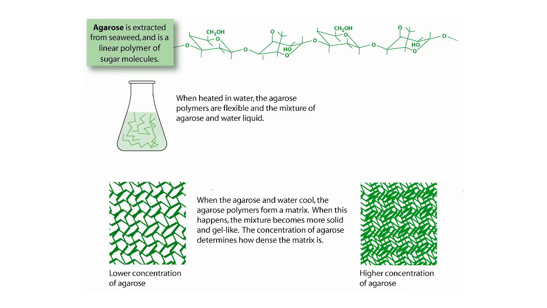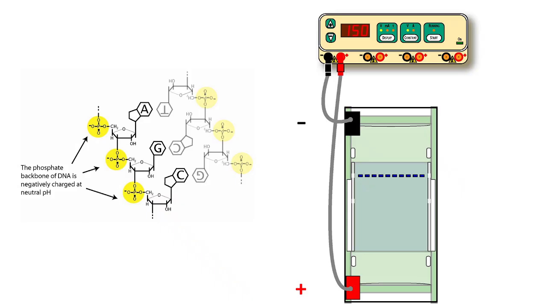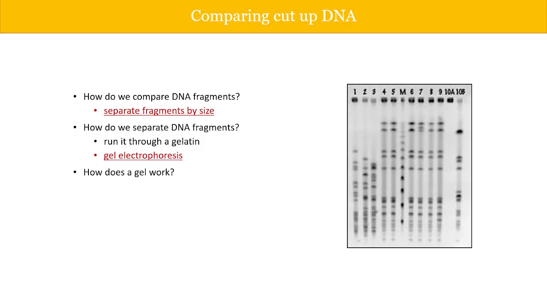Okay, and if you're using a lower concentration of the agarose, then that will lead to the separation of usually higher base pairs. This is how the agarose gel apparatus usually looks. You load the samples in these wells and allow it to run at a constant voltage or current. So comparing the cut up DNA, when you run a gel in an agarose apparatus, you see